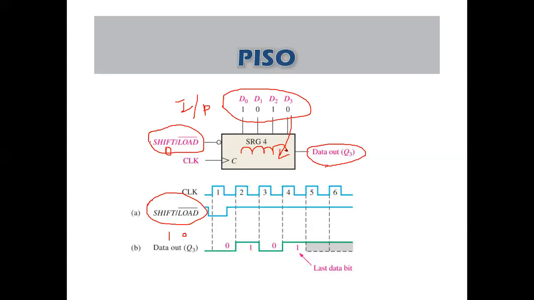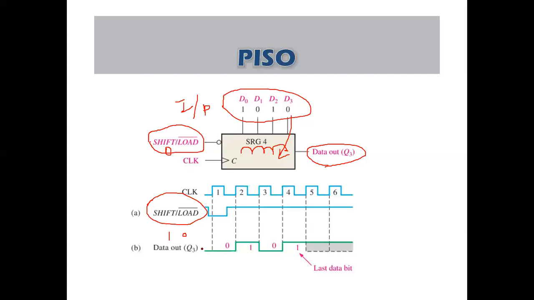Like how in the parallel adder we have the control for adding and subtracting the data, similarly here also I have a control to allow the data inside. So there is a door. If you apply load as 0, the door will open and all the data can come inside. Once the data has come inside, I'll make shift 1. If I make shift 1, the data can shift from one flip-flop to the other one by one. Yes, that is the logic. So the output will be 1 0 1 0.